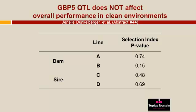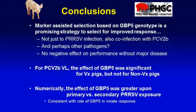And the second point there relates to the effect on PCV2. And also, Jenelle has done work comparing primary exposure versus secondary exposure, and numerically the effect of GBP5 was greater upon primary exposure, either as a vaccine or as the actual virus, and that's consistent with the role of GBP5 in innate response. So next I move on to transcriptome analyses,